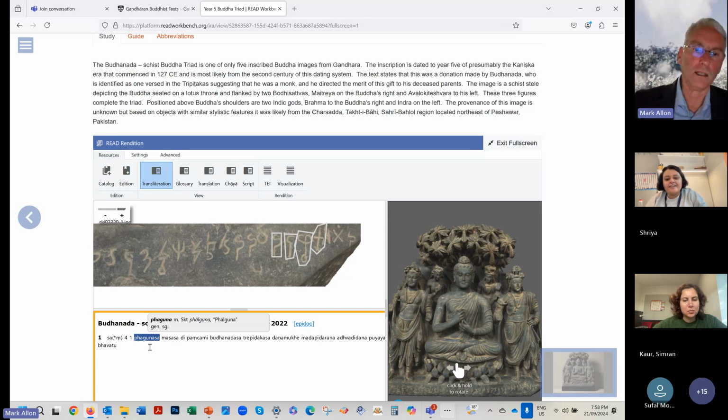And then it's going to tell me here, because I've produced this, I've linked the edition with the image. It's going to tell me that this is a masculine word, paguna. The Sanskrit equivalent is this, and it's actually a month name. It's genitive singular, so it's going to tell me the grammar of that. It's too slow to show you now, but I draw up a translation I've made and so on.